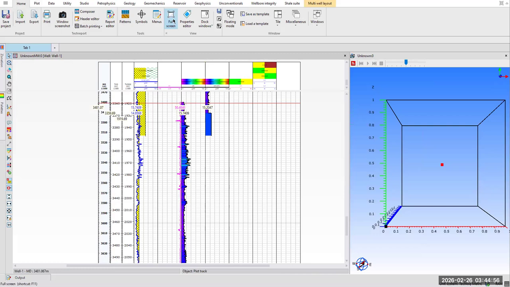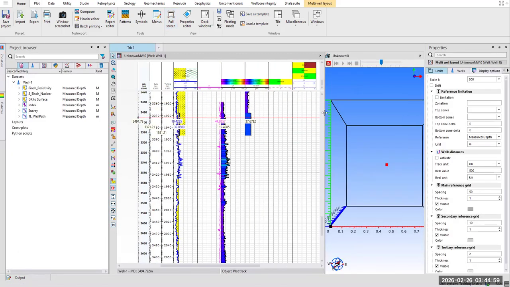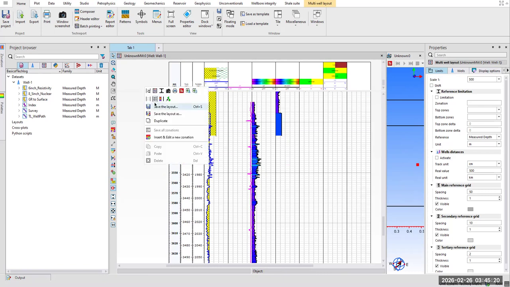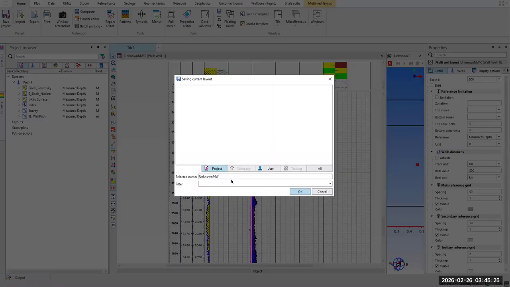Yeah, before closing it, let me show you something. We'll go back to the 3D plot shortly. So if you have plotted something like GR, sonic data, caliper data, resistivity, and other data, and you are satisfied with this layout, you don't want to close it without saving it. Once you close it, it will ask you for saving, or you can right click in any empty area and click save the layout. As soon as you select it, it will open the workspace and ask you. So I'll call it well one